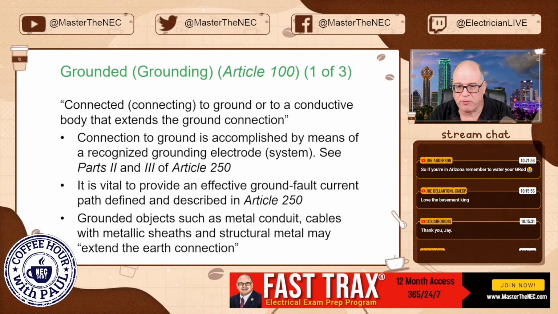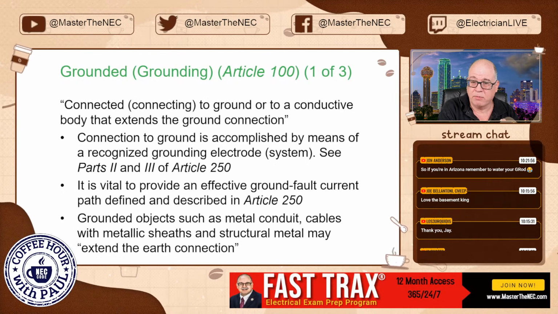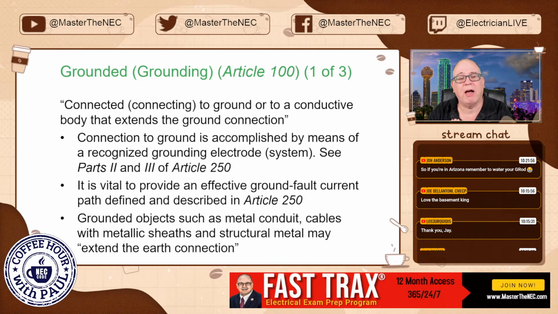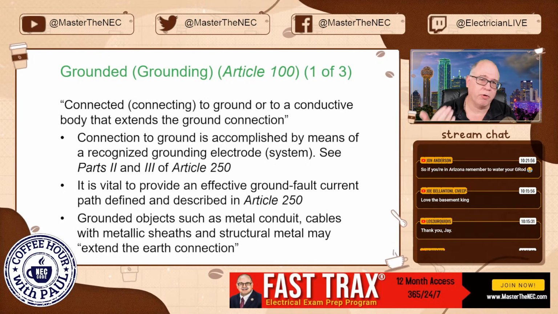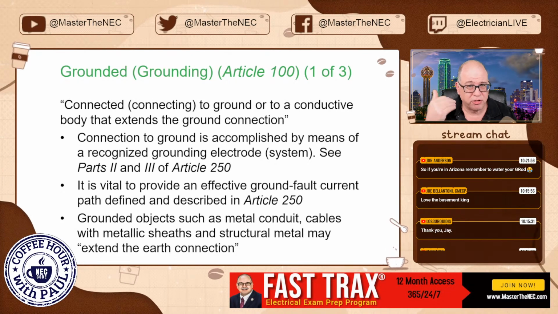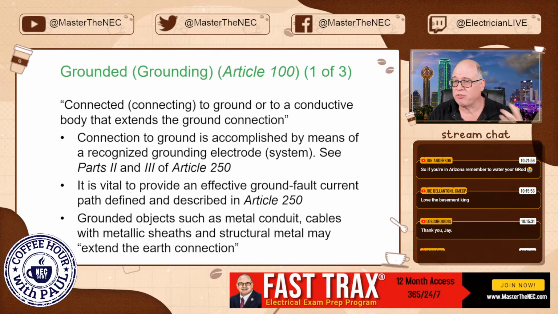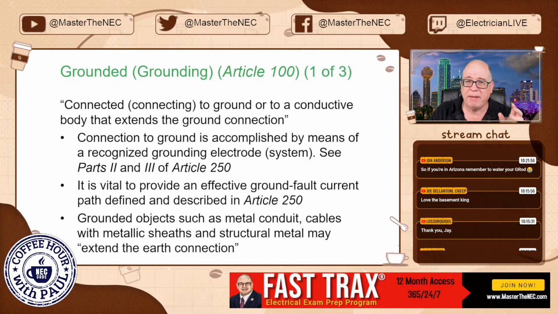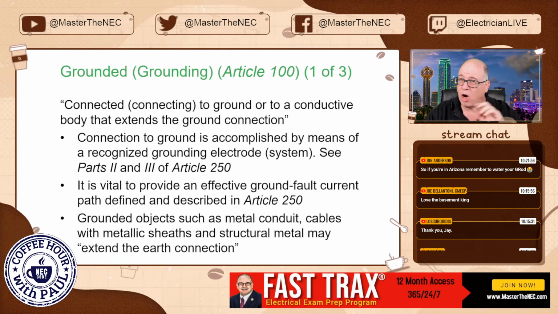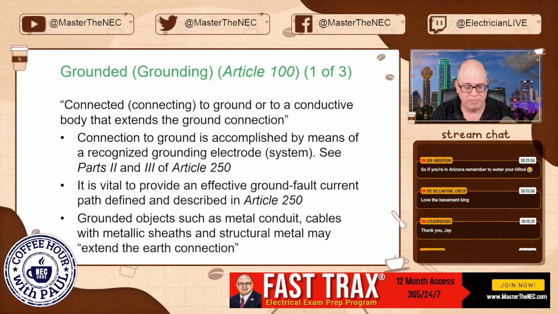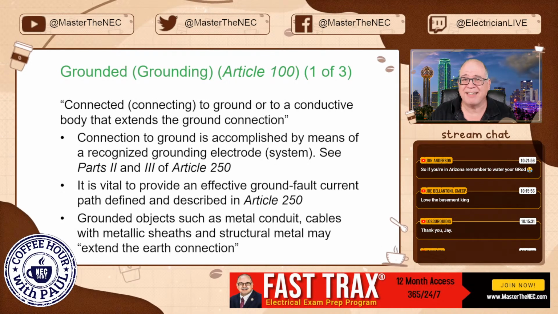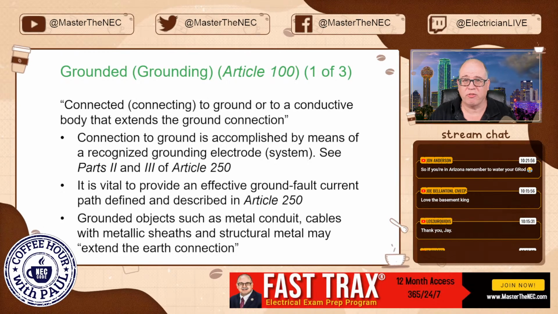There's a distinct difference, folks, between an effective, intentionally designed ground fault current path and just a ground fault current path. Now, in my Fast Tracks program, the Fast Tracks Black, which is what we use for exam preparation or to teach people the National Electrical Code in general, I have some questions about this, and I have people that will leave off the word effective, and they'll just say ground fault current path on one of the questions, and we always mark it wrong because I need you to understand that an effective ground fault current path doesn't happen accidentally. You electricians are skilled.